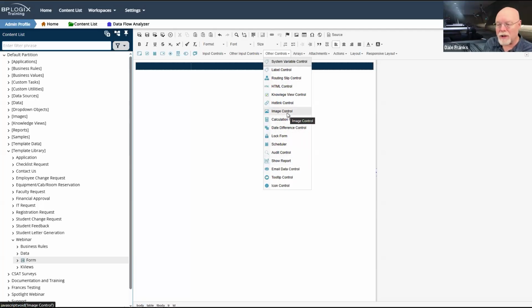The nice thing about the image control that we provide as part of Process Director is that it's a placeholder and I can edit its properties. For example, for the URL of the image, I can use a system variable or a custom variable to look at different images at different times.